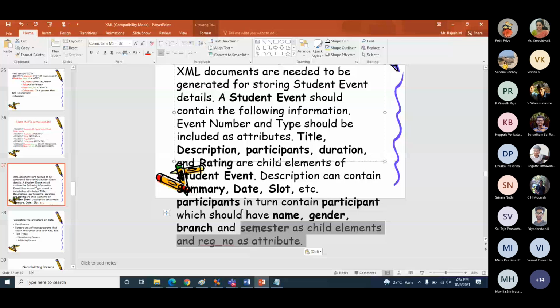Yes, sir. So that is the question. It describes the behavior of an XML document. Based on that, you have to make a DTD file. You have to make an XML file and validate against each other. That is the task. So note down the question first and make the DTD file first.